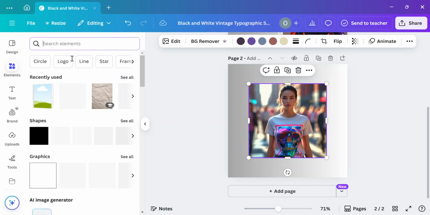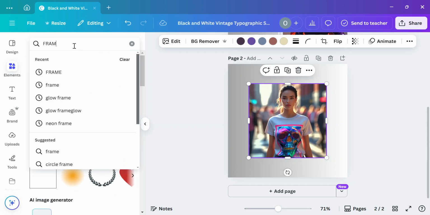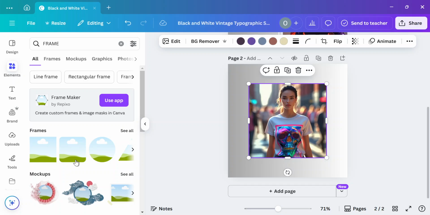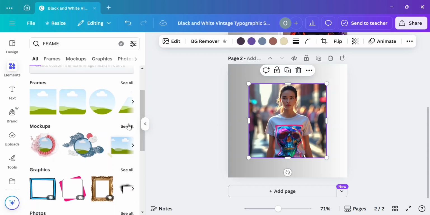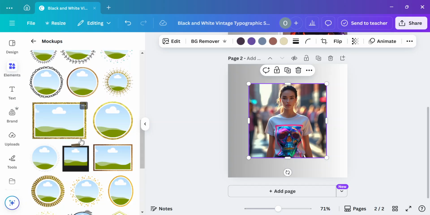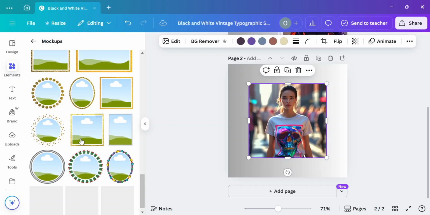whatever shape you desire. So the first thing you have to do is to click on this element section and go to the search element here and search for frame or mockup. Why I'm saying frame or mockup is that once they have this particular background, the green hills or mountains and the cloud and the blue sky, you can add any image to them. So these are the mockups where you can add various types of images to the circles or the frames here,